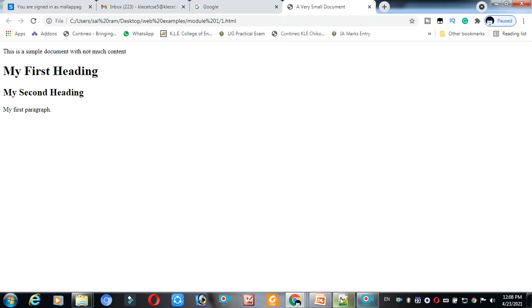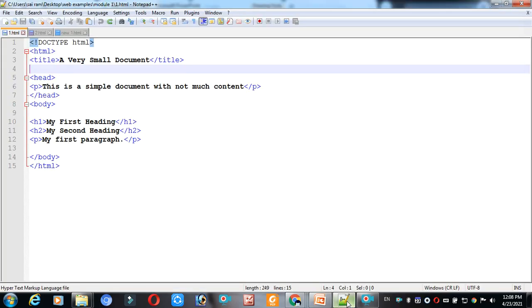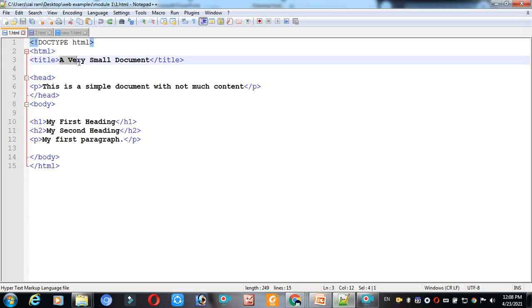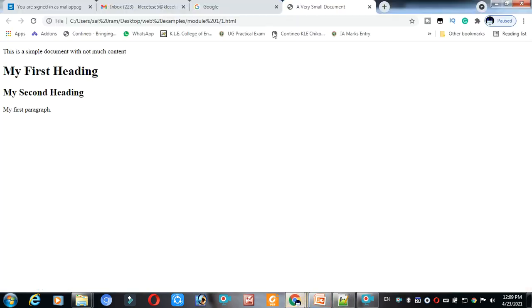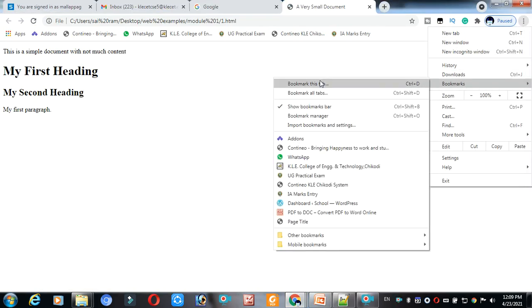Again, there is something like a bookmark, which uses the title, right? Here it is, bookmarks. How can we make a bookmark? See, what is the name here? You have given the title, a very small document. I have executed that program here. So can I make a bookmark? Just I will click on bookmarks here, and bookmark this tab.